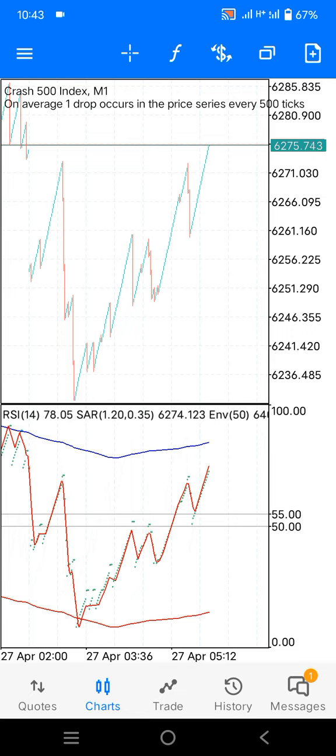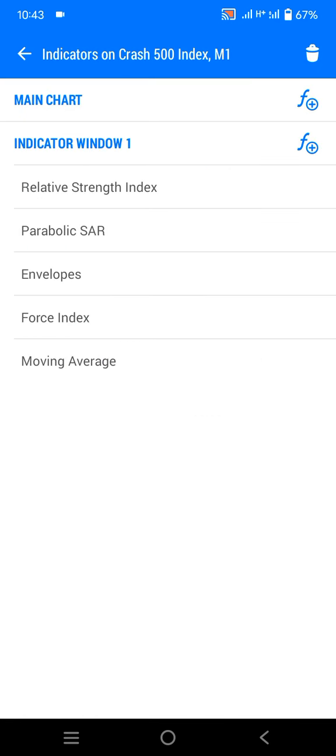So let's get started. Set up the strategy. First of all, I will explain all the points, how to milk candles. So there are the strategy instructions. You have to open the main chart indicator window one. You can check